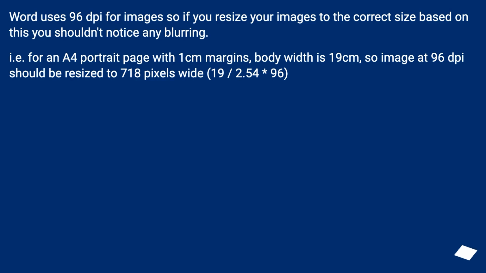Word uses 96 DPI for images, so if you resize your images to the correct size based on this, you shouldn't notice any blurring. I.e. for an A4 portrait page with 1 cm margins, body width is 19 cm, so image at 96 DPI should be resized to 718 pixels wide, 19 / 2.54 times 96,